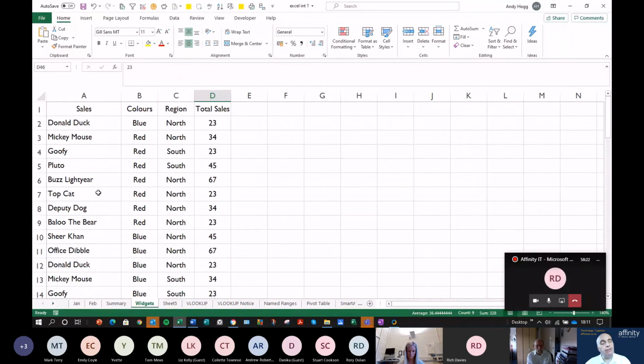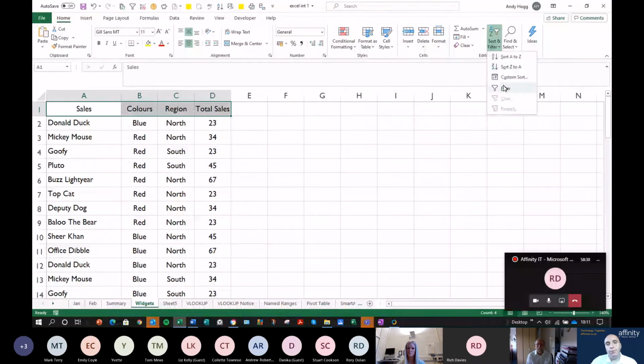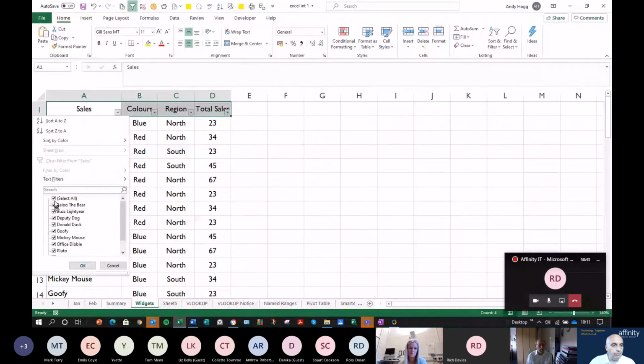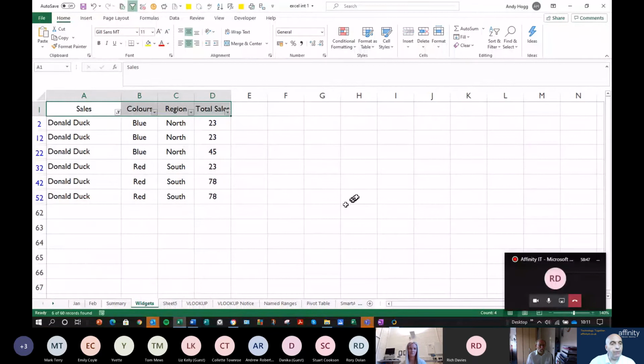Pivot tables is basically summarizing the data. So for example, if I wanted to learn how Donald Duck had made, you could use filters, and I'm sure you're all familiar with filters. So from this point up here, I could go to filter, I could put the filter on, and then I can just have a look at one of my salespeople, Donald Duck,